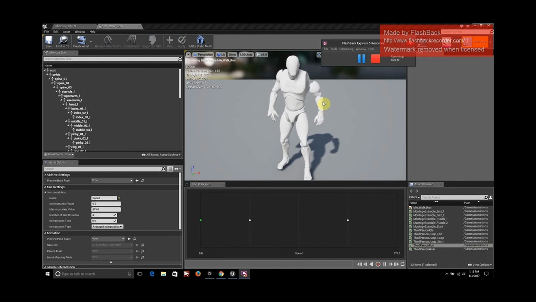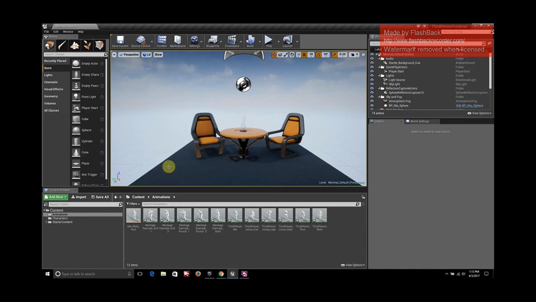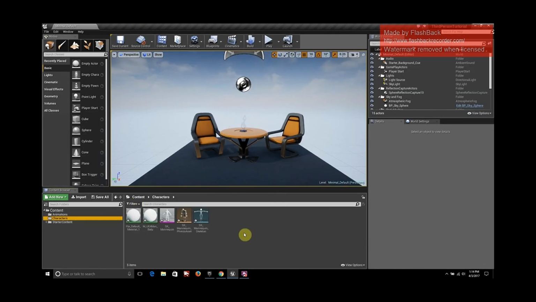Once we have our blend space, don't forget to save. Always remember to save constantly in Unreal. It sucks to lose your work if something goes wrong. Well, we can exit that now. Here's our idle, walk, run blend space. And now we're going to bring our animations together. So we can right click